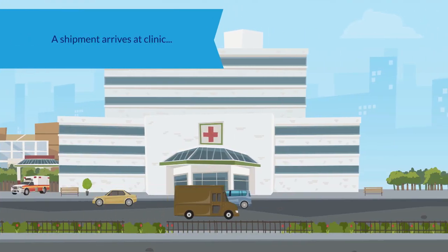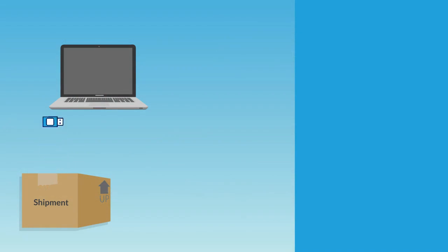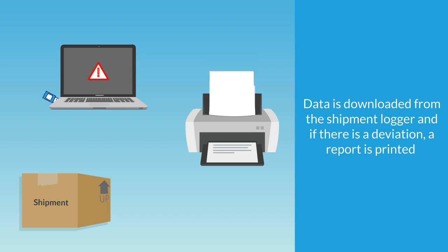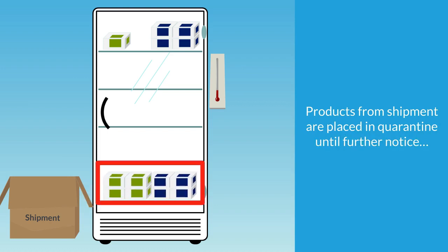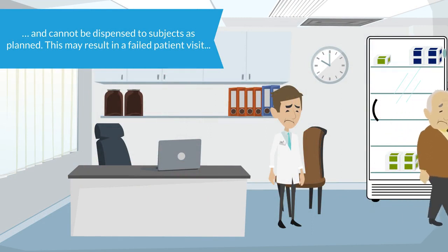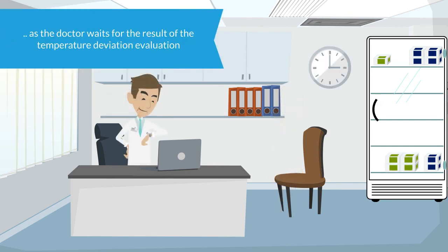A shipment of products arrives at the clinic. As the personnel unpacks the shipment, data is downloaded from the shipment logger. If a temperature deviation has occurred, a report is printed. The products from the shipment must be placed in quarantine until further notice, and cannot be dispensed to subjects as originally planned. This may result in failed patient visits, as the doctor has to wait for the result of the